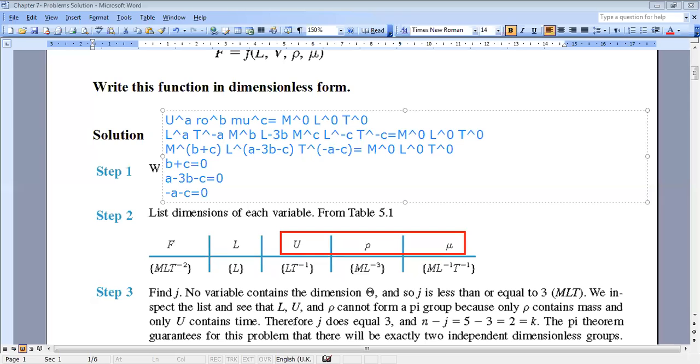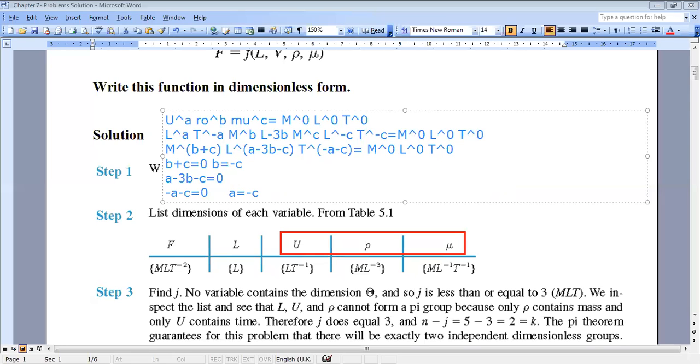I want to make sure if I can find A, B, C satisfying this system. So from the first equation, I can get that B is equal to -C. And from the last equation, I can get that A is equal also to -C, okay? So if I replace here, I get that